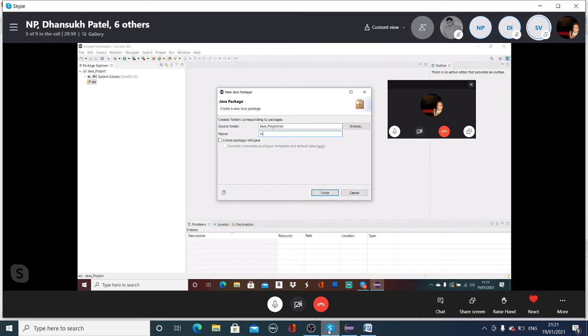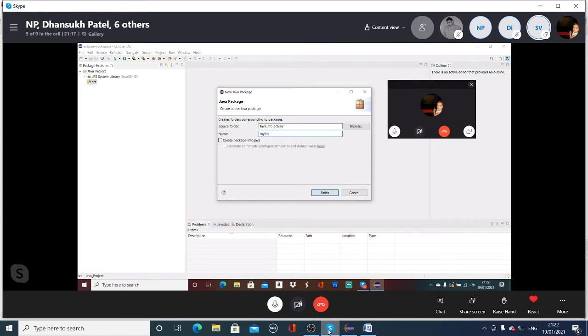My first. It is not that you have to use the underscore. You can put my first package as one word. Can I give the space also? No, space is not allowed.